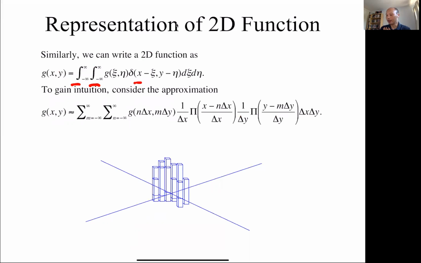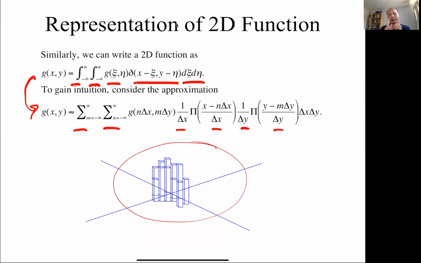We still have our shifted delta functions with their weights. We add these d xi, d eta, and the intuition is the same. This can be approximated as the summation where these delta x's and delta y's are going to 0. And so basically any 2D function like this, you could just represent it as the summation of all these little